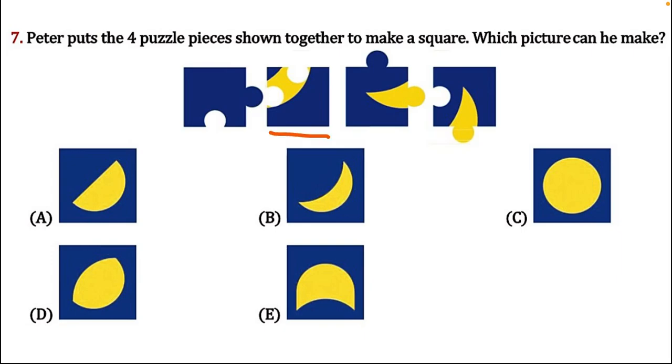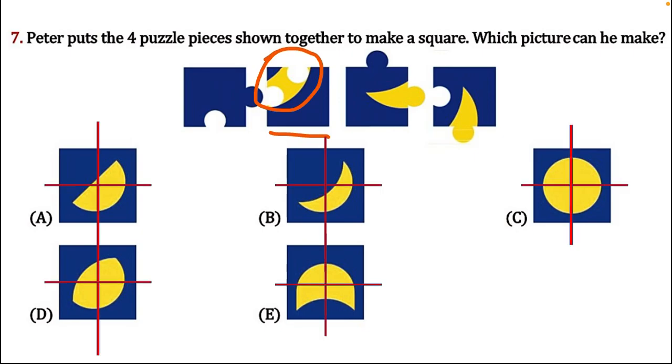solution of this question. Look at the second piece. The second piece actually contains the major portion of the picture. So we are going to use that piece and link it with all our options from A to E. Look at that portion. The blue part and yellow part are here. After checking the second piece, I have drawn